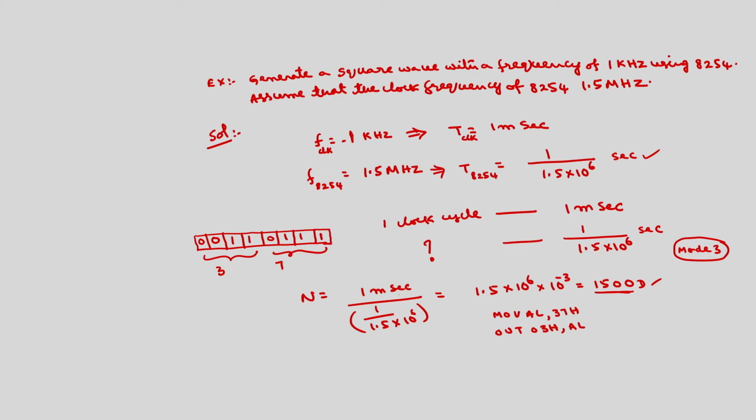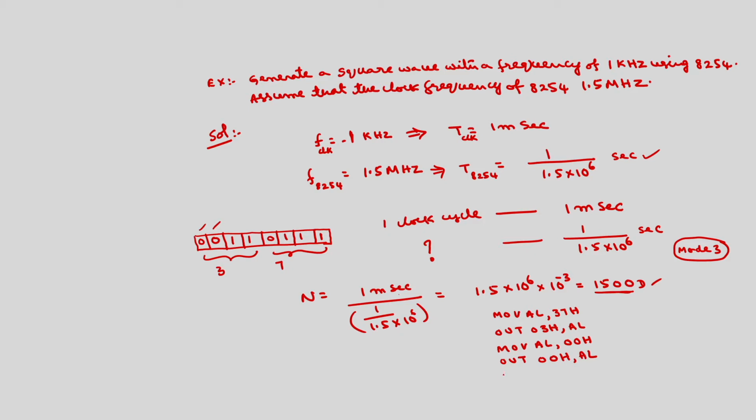After that we have to load this count value onto counter 0, because here you have selected counter 0. Okay. For that, you take the lower order value of the count into AL, 00H, then out onto counter 0 whose address is 00H, comma AL. The counter 0 address is 00, counter 1 is 01, counter 2 is 02 and the control word is 03 for the connections that I have shown in the earlier lecture.